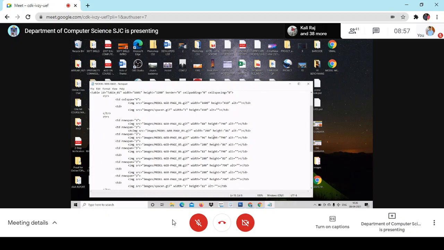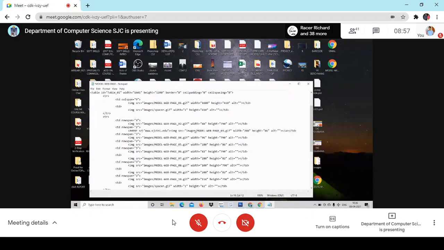A H reference. H reference means hyper reference. Only for computer science boys, this you need not bother. See, I'm just going to give it as www.sjcpni.edu, and I'm closing that here. A, see, I have closed it. Now look at here. A hyper reference, H reference, SRC.